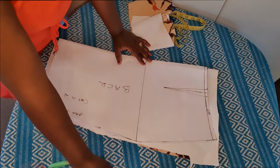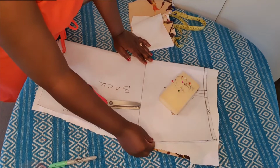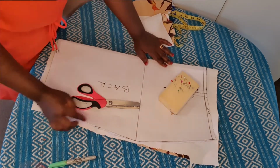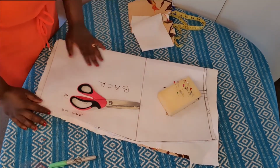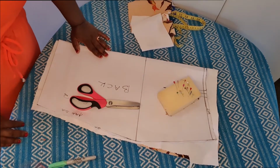So that this doesn't keep on shifting, I'm just going to place some weights on my paper, align it nicely. I'm going to draw or trace out this pattern on the fabric, and then I will show you how to eliminate that 1 inch before we can go ahead to sew. Okay,